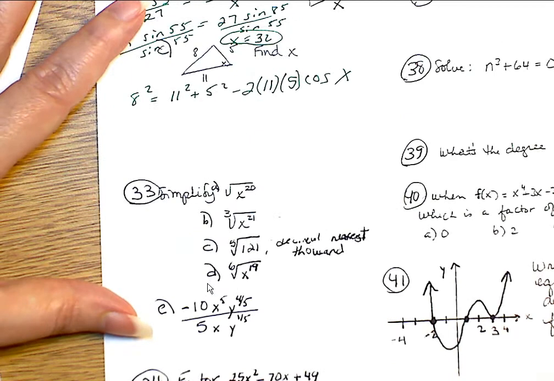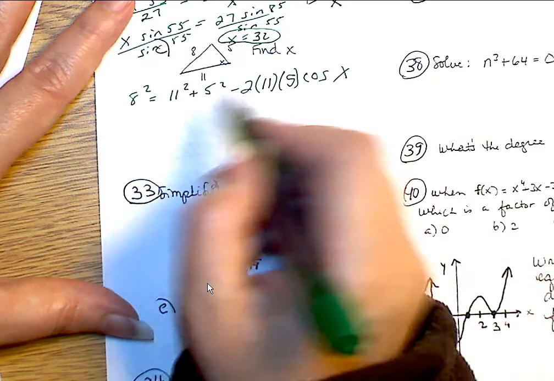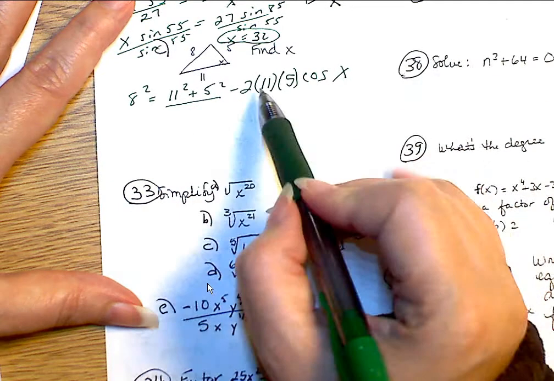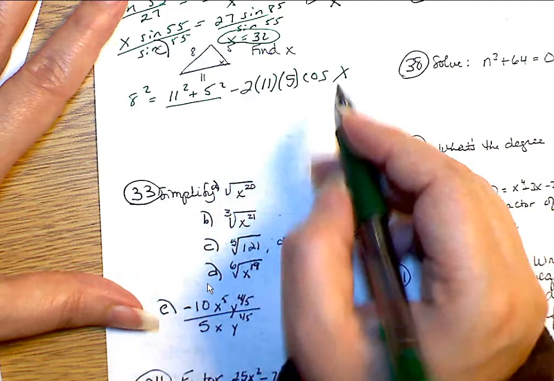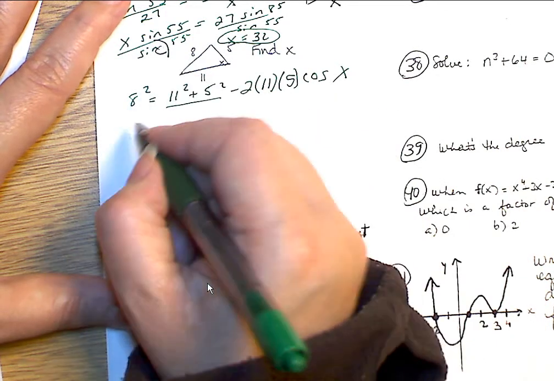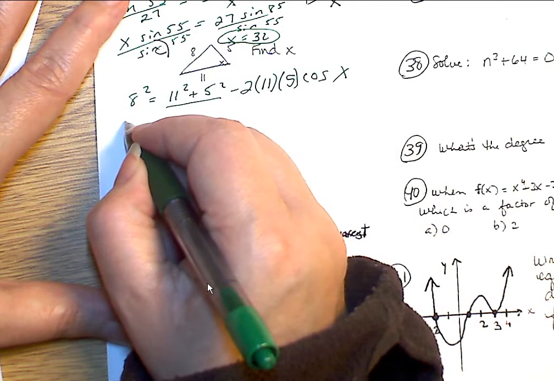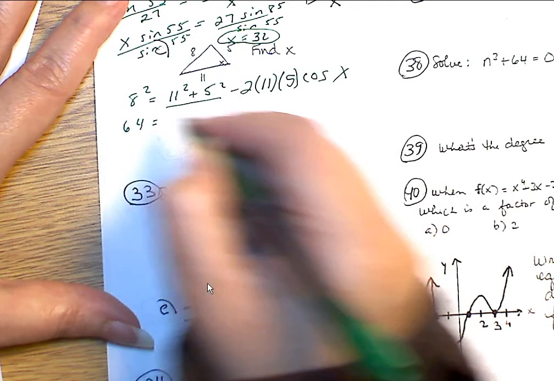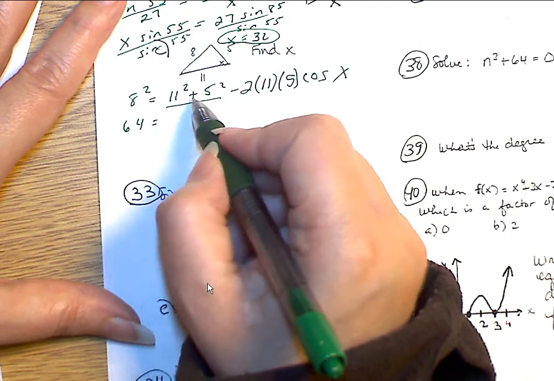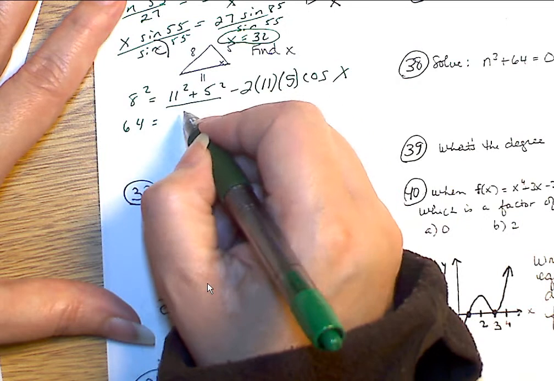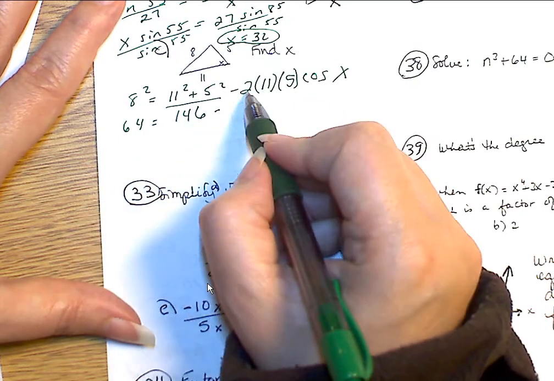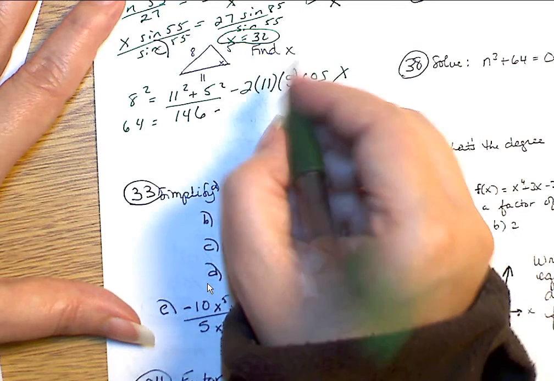When you are simplifying, the squares are being added together, so we can put that into your calculator, but these are all being multiplied, so you can't put it all together. So 8 squared is 64. 11 squared plus 5 squared gives me 146, minus 2 times 11 times 5 gives you 110